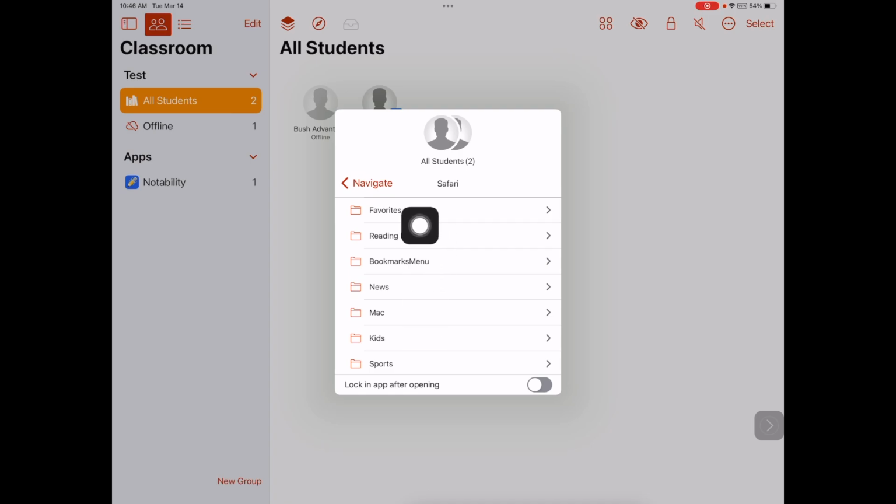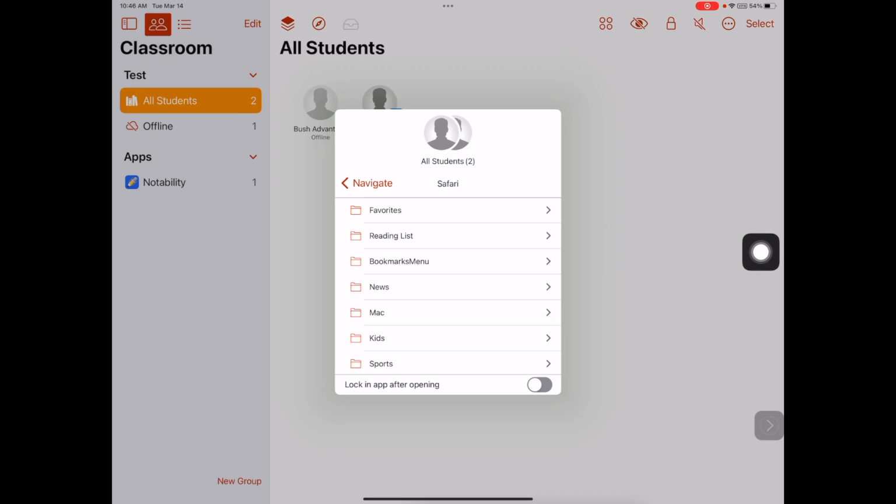And so I can save things into my bookmarks on my Safari and then open it from here. It will not lock them into the site. Even if I click this, it will only lock them into Safari, not into the site itself. They'll still be able to surf around. But you can open a web address, open up a website,